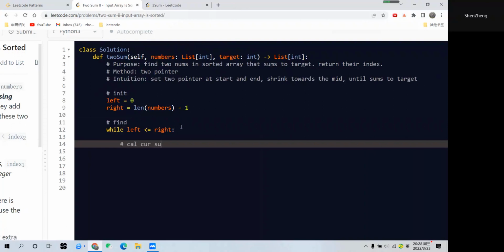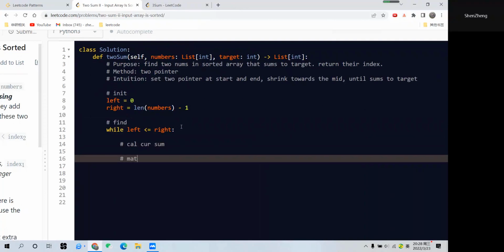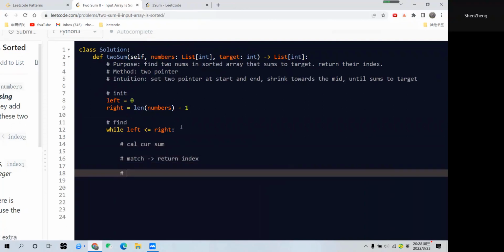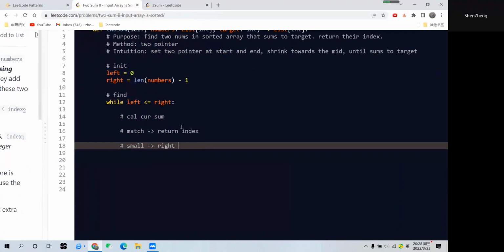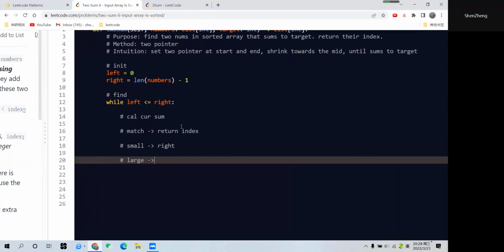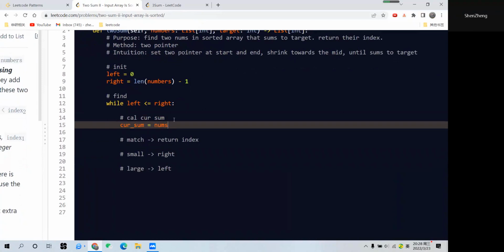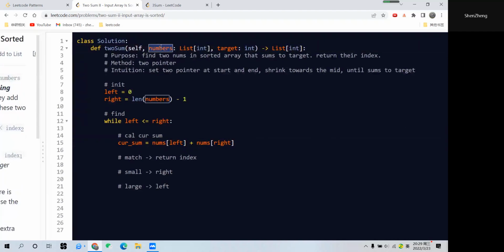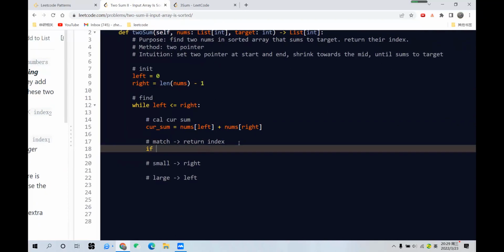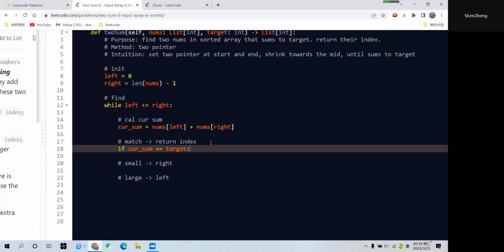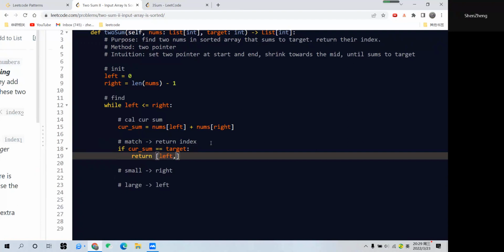We want to calculate the current sum, right? And then if the result matches, we return the index. If the result is too small, then we check the right for greater values. If the result is too large, we search left for smaller values. So the current sum is numbers at left plus numbers at right. Let me change it here to numbers, so it will be easy to write. Okay, and if our current sum is exactly the target, then we found what we want. So we return the indices left and right, but since we are working in Python, we have to add a